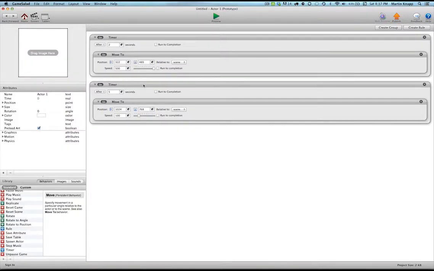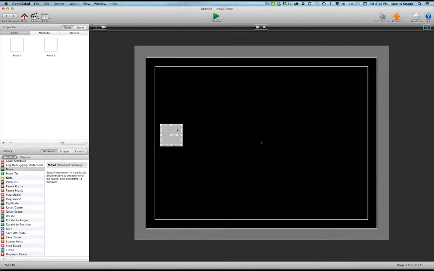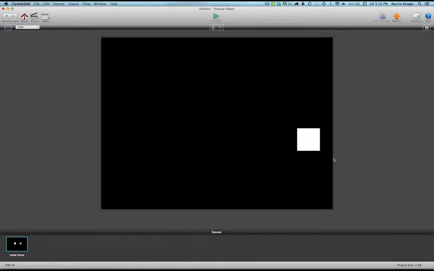So maybe you have an enemy that's walking around and you want that enemy to move into different locations. Well, let's see, after 5 seconds, let's just do after 8 seconds. Let's move this back to 0, 0. We'll speed up our actor's movements a little bit here. So let's pretend that this is an enemy actor. I'm just going to move him out of 0, 0. And we want him moving around. So now we have set up this interaction where he moves from one location to another location and then to another location. And you can repeat this over and over as he's moving around to these different locations,